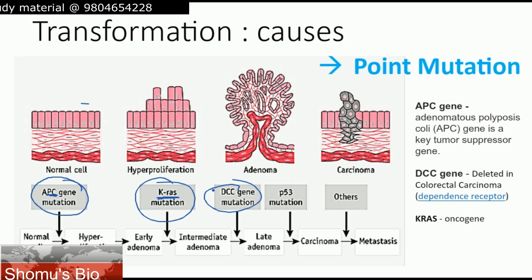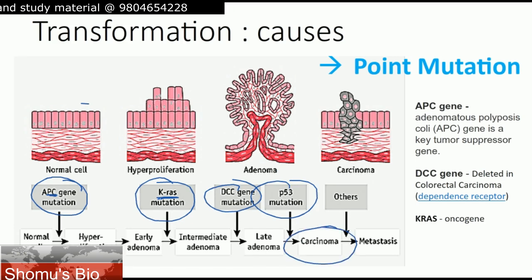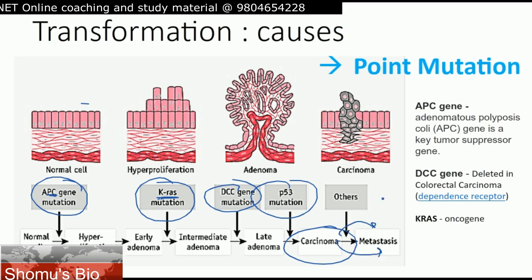Now finally, there is another final mutation, in this case a P53 mutation, which will turn the late adenoma into carcinoma. We can only call the stage of cancer carcinoma when the cell has received all the hallmarks of cancer. Hallmarks of cancer means all the properties of cancer that we are talking about, for example metastasis and angiogenesis. All the properties are now fully fledged and formed. So now we can call it carcinoma. So once carcinoma is caused, then what will happen? Now other mutations, and it will turn to metastasis, and moving from one tissue to the other